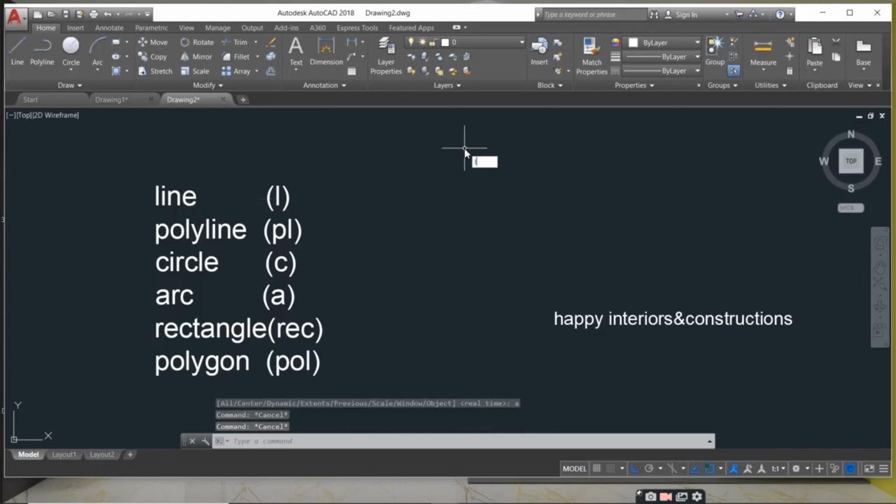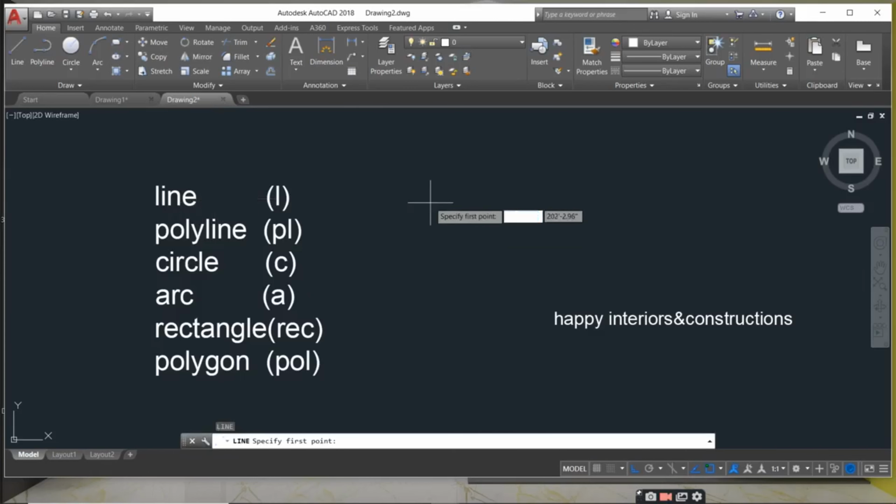Now enter L, which means line. Specify first point, specify second point. I don't know the length of this line, but I want to draw my line with a length of 5 feet. Now delete this, take line, specify first point, then Shift and at the rate, give 5.